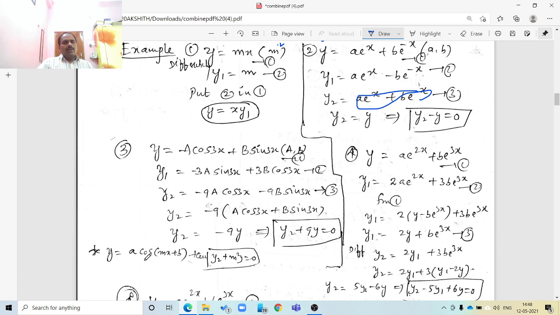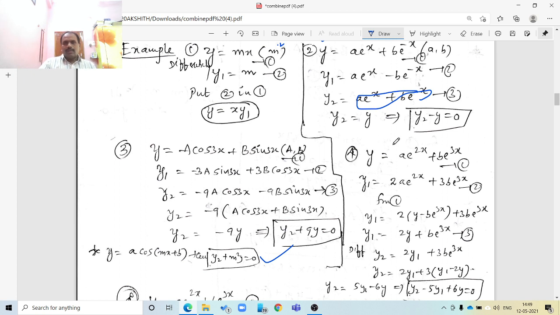And you take one more example, y is equal to a cos mx plus b sin mx. So in the same way you can differentiate with respect to x 2 times, where a comma b are arbitrary constants. For this question also the same shortcut, y2 plus m square y. Not only y is equal to a cos mx plus b sin mx, if y is equal to a sin mx plus b cos mx also, you will get the same answer. Okay, next